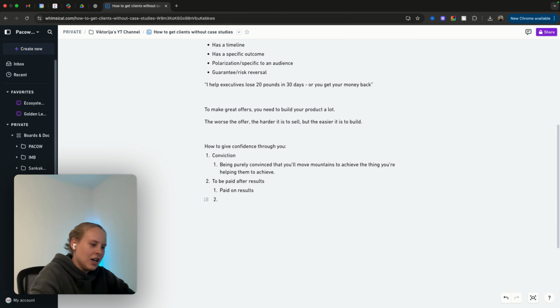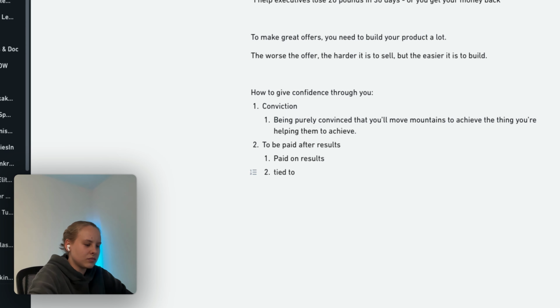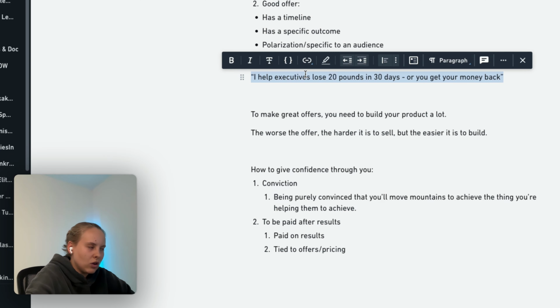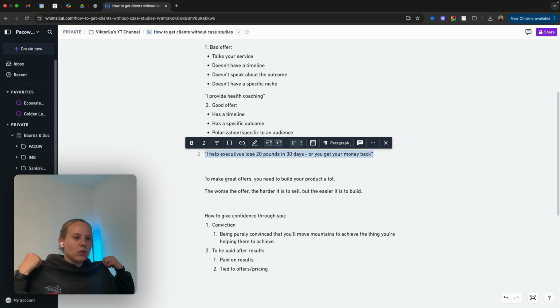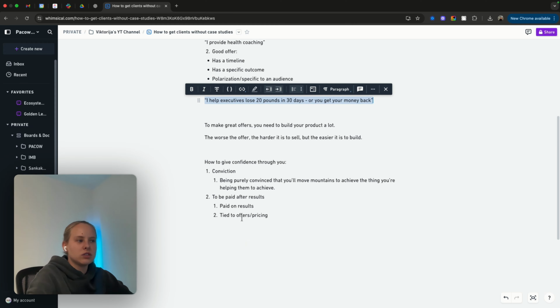And what it really does is make sure that you're working as hard as you can to help them achieve the goal that you promised. And also, it could actually be tied to offers, it reduces the risk on the client. So they feel like they're more in control, and they feel less risk because they know that they only get to pay you after you bring them the results, right? So you can also use that.